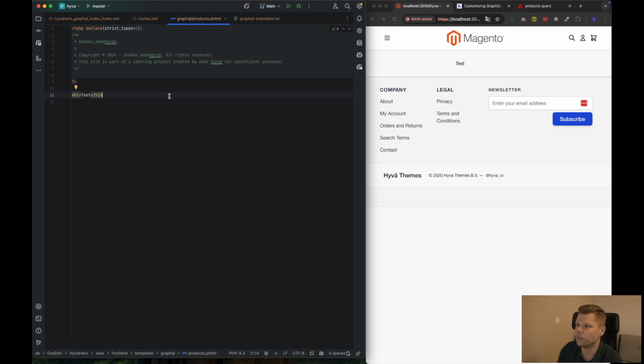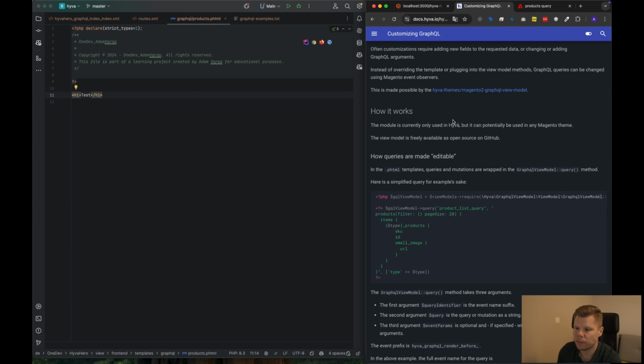So let's get started. I already prepared this page with this test information, and if you would like to use the GraphQL queries within our Hyvä theme, then we will implement the GraphQL view model, and based on this view model you can create the GraphQL queries. Here we have 3 arguments within these GraphQL queries, starting with the query identifier. This will be the random name for your queries. In this case we have the product list query, and after that we have the queries, and here we